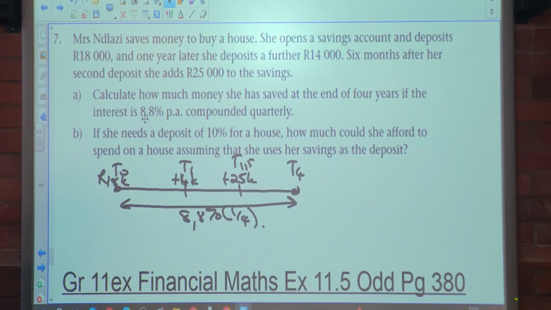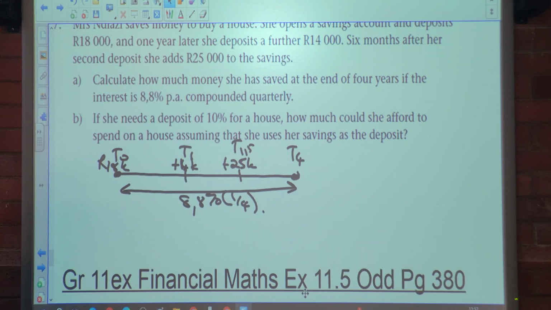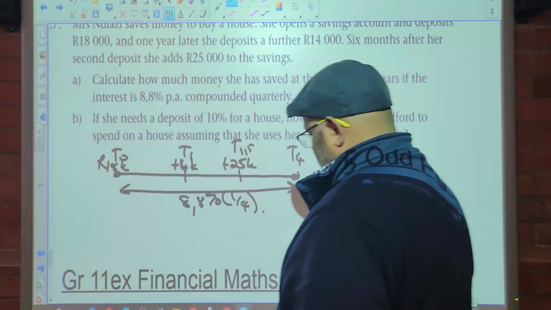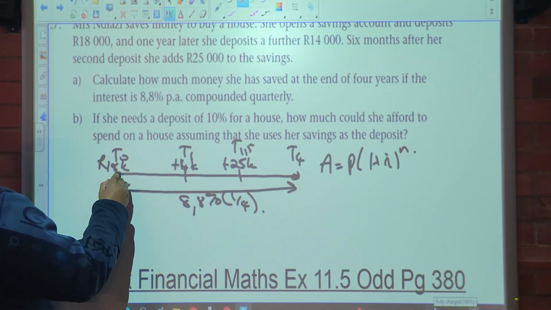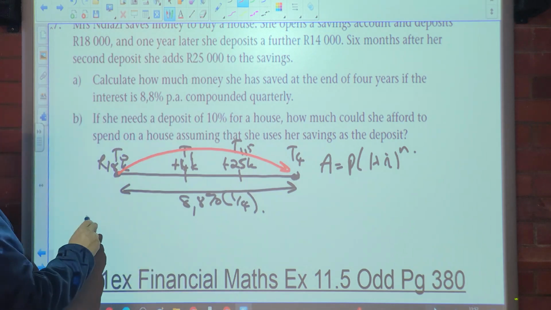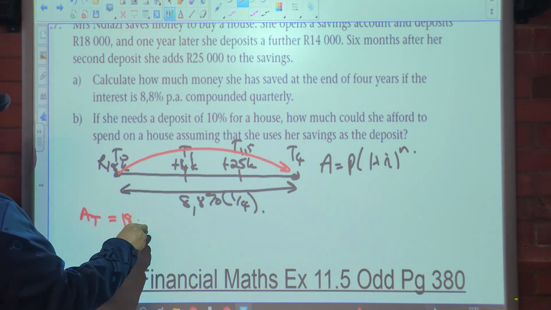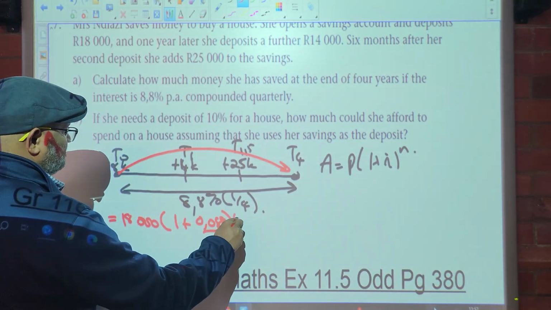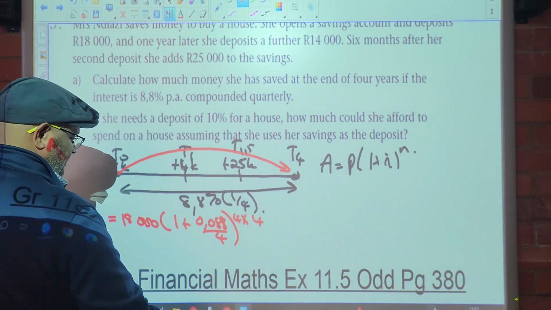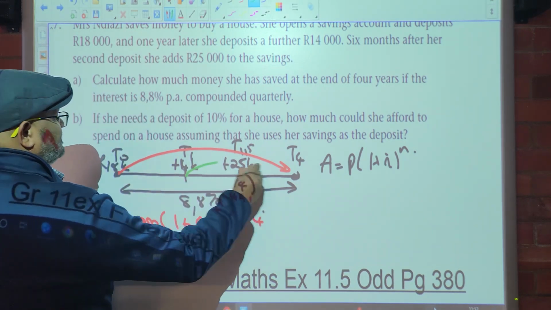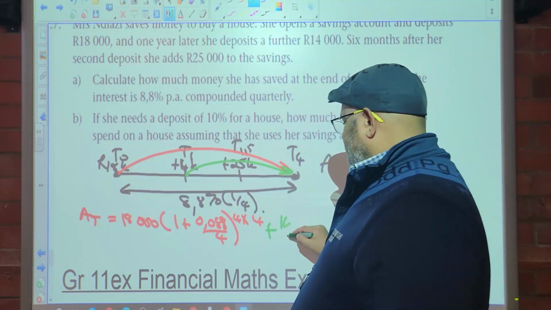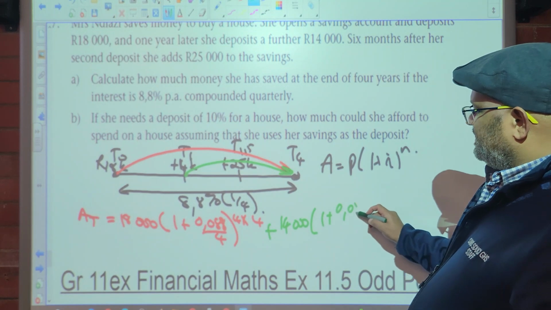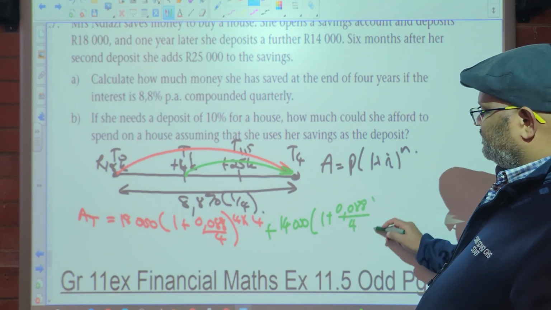Where do we start? Formula, yes. What's the formula? A is equal to P into 1 plus i to the exponent n. Can I take us all the way to the end? Yes. So A total is equal to 18,000 Rand into 1 plus 0.088 over 4 to the exponent 4 times 4. Can I take 14,000 to the end? Yes. This plus 14,000 Rand into 1 plus 0.088 over 4 to the exponent 4 times